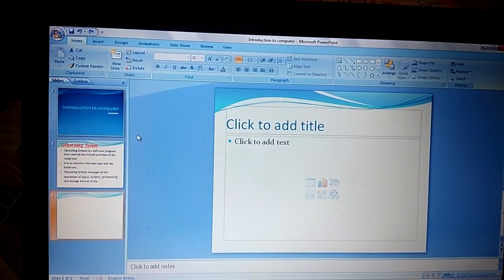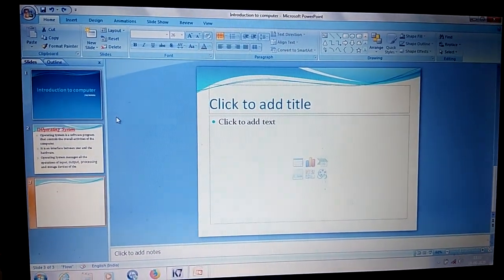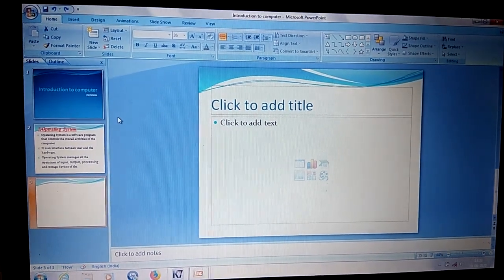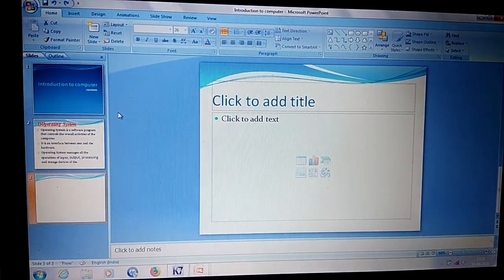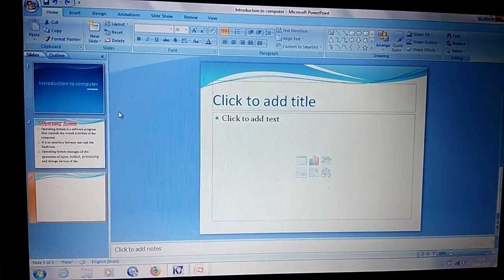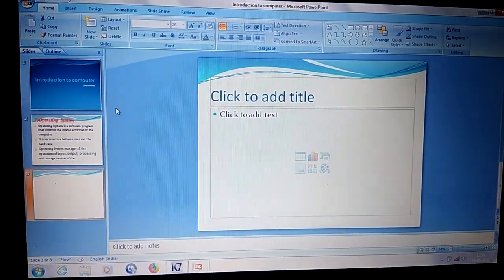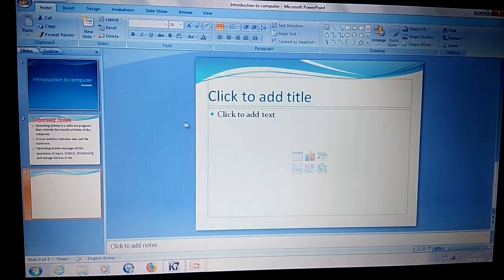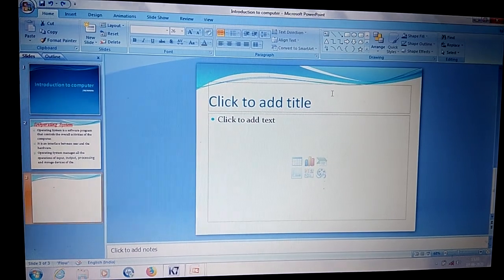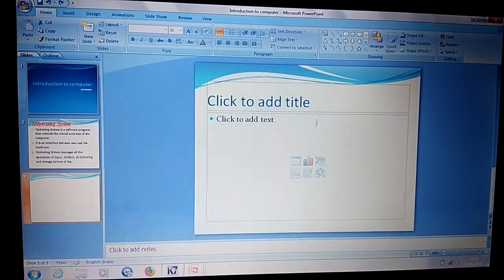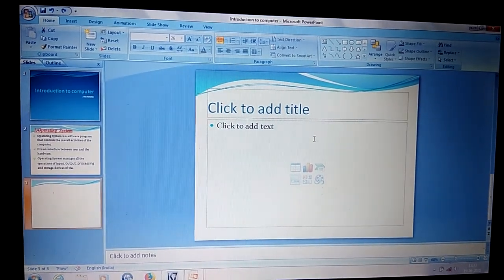Now under changing the slide layout, the first topic is adding clip art image. So first, what is a clip art image? Clip art is the built-in image in the PowerPoint gallery. It can be added to a slide to make your presentation more interesting, entertaining and attractive. So the steps are, first of all, display the slide in which you want to add a clip art image. So this is my slide. Then change the layout of the slide to the one that includes a placeholder for a clip art image.